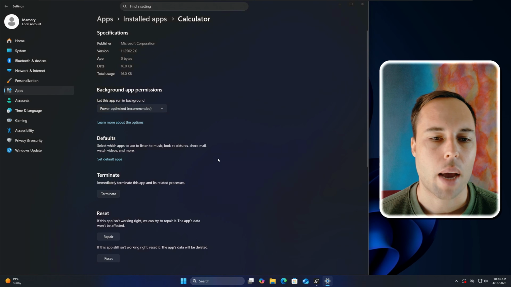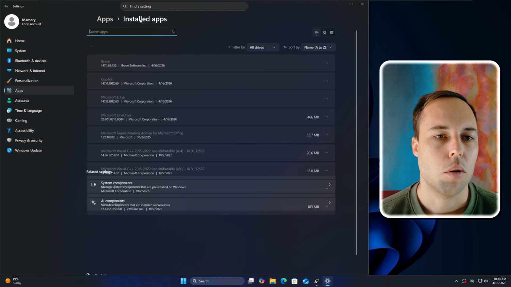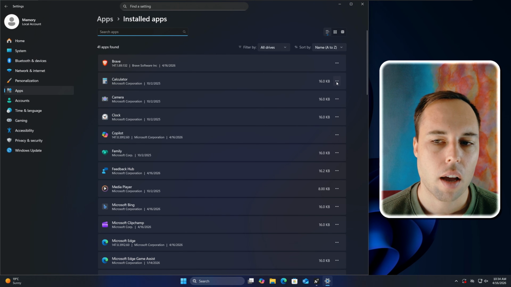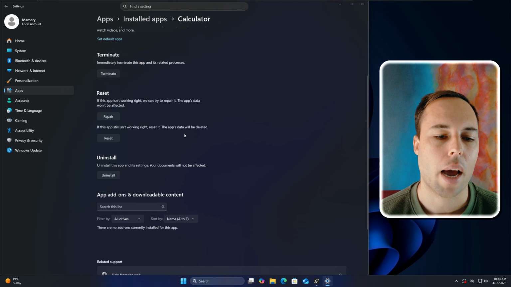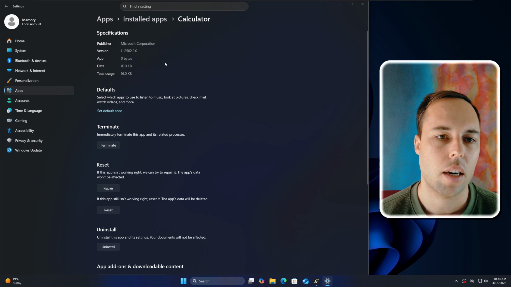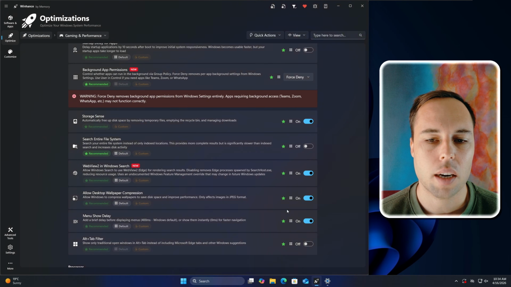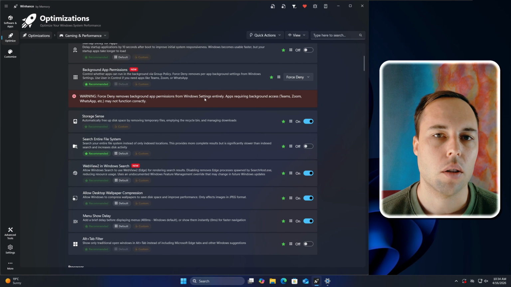So if I navigate back to the Windows settings to installed apps and I go to the calculator again to advanced options, you'll see there just is no option to control the background app permissions for this setting anymore. And that is exactly what WinHance tells you. It removes the background app permissions from Windows settings entirely.